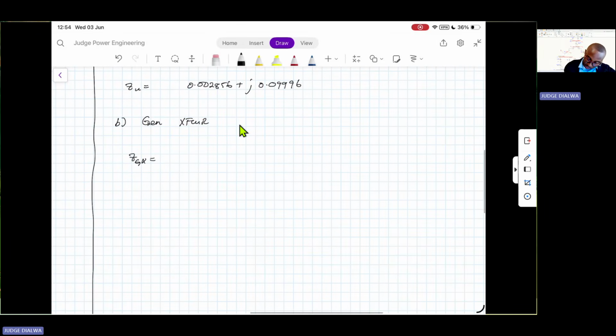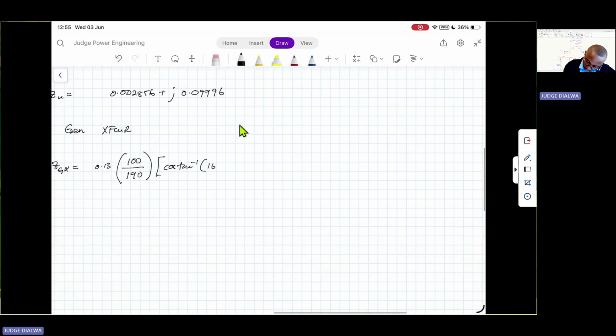Applying that to our formula, we have 0.13 times the new MVA, which is 100, over the old one being 190, multiplied by cos arctan, the X over R ratio was 16, right? 16